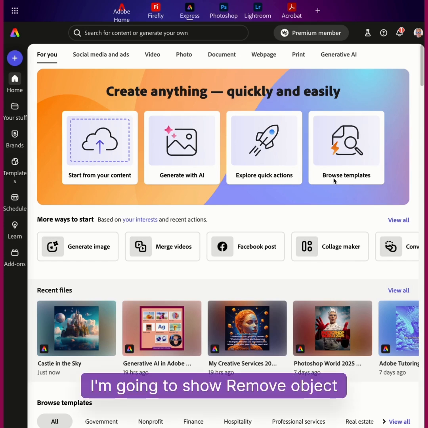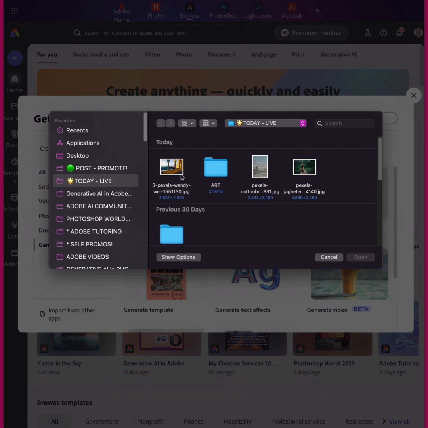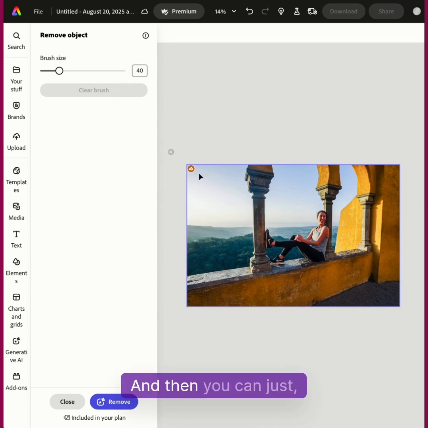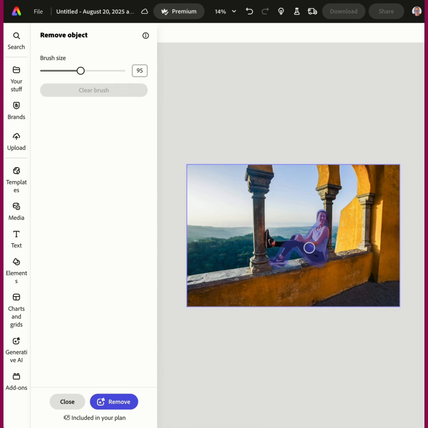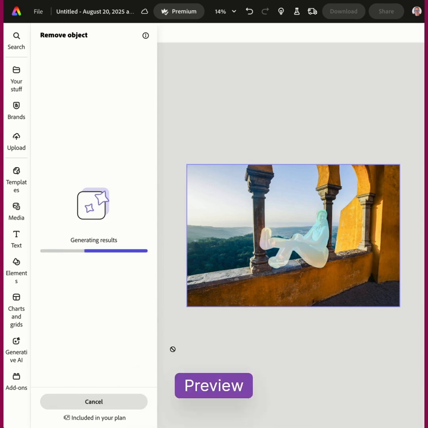Okay, I'm going to show remove object with the generate with AI ability in Adobe Express. So I just go to generate with AI, click on remove object, choose an image from a folder. It's placed, and then as you can see here, the brush size is a bit small, so you can make the brush size larger. Just move the slider up top left, and then I just paint over the person or the object and make a nice clean selection. And then I just hit remove, bottom left, generating results, preview on the left,